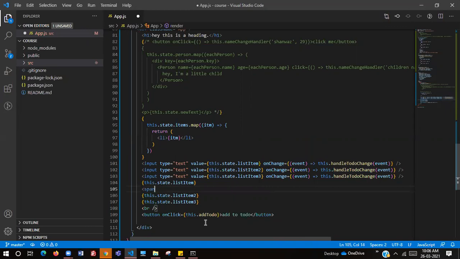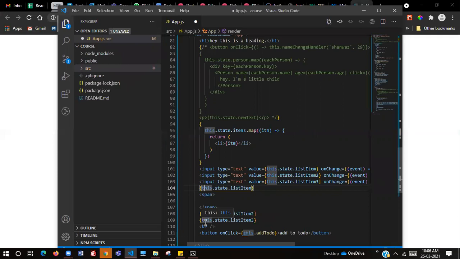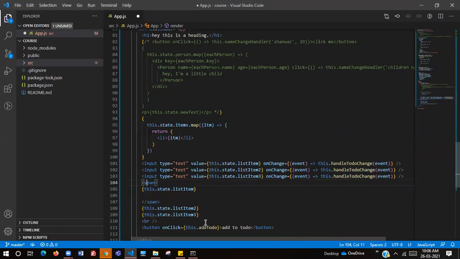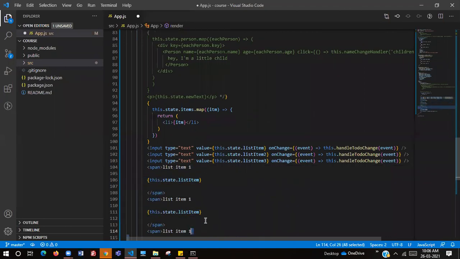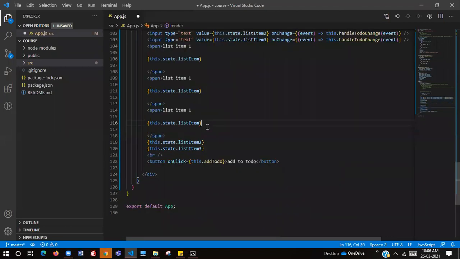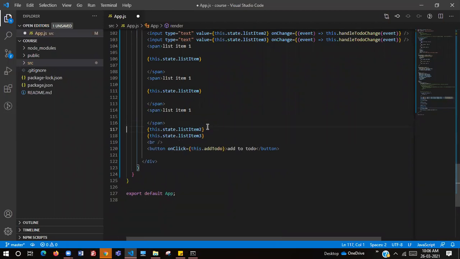span. And inside this span, this is just list item one. Now let's just cut this, and it is two.